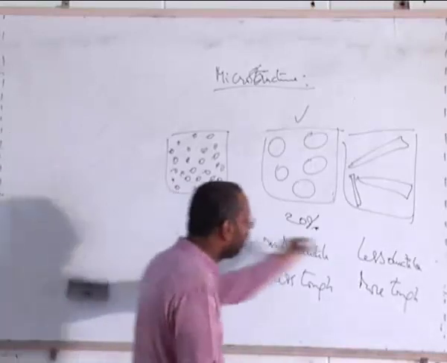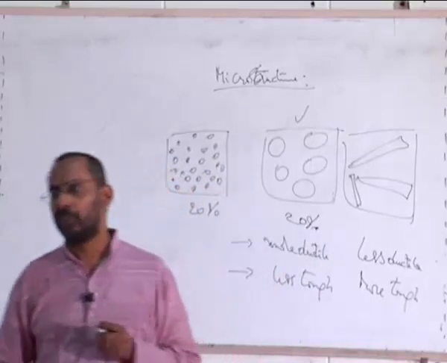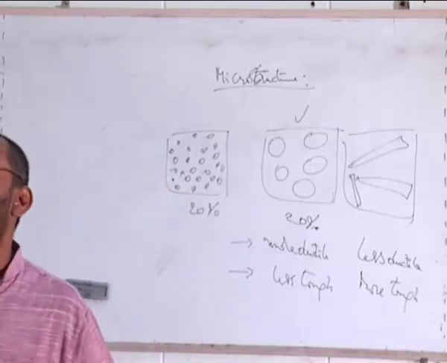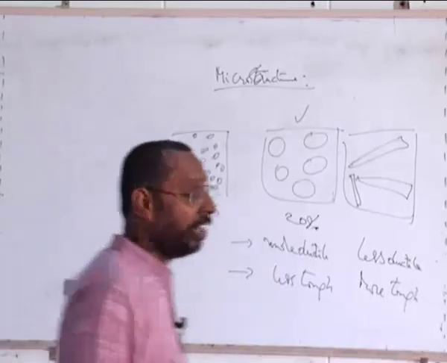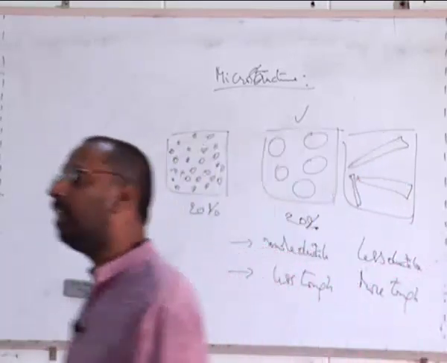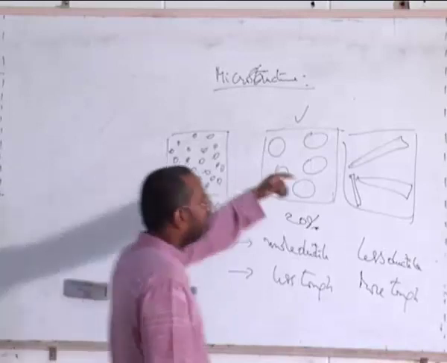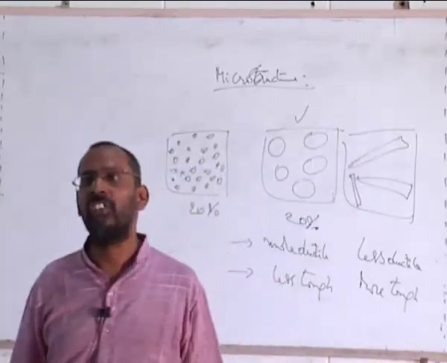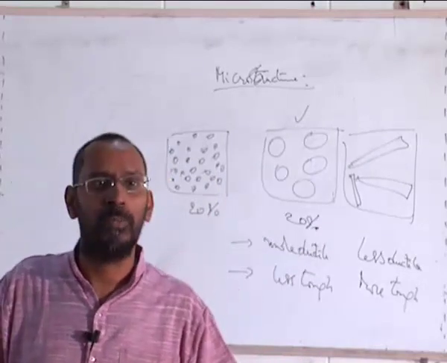The reason for this is this: ductility depends, to a large extent, on how a crack can initiate. Okay, ductility is always related to crack initiation to a large extent. Materials where cracks can easily initiate are the ones which have very low ductility, and in this kind of materials, wherever you have acicular structures, we have what is called stress concentration. Have you heard of that? Okay, triaxial state of stress, people talk about it.